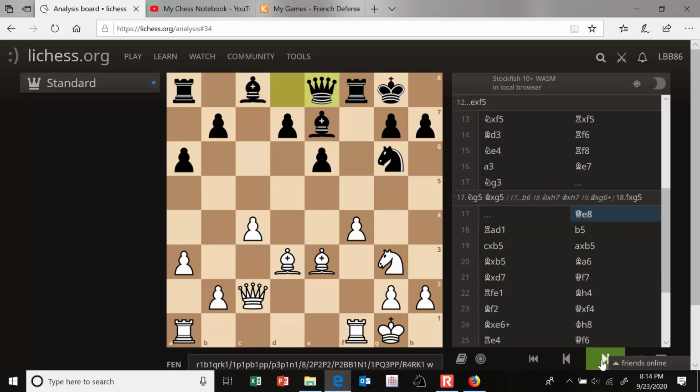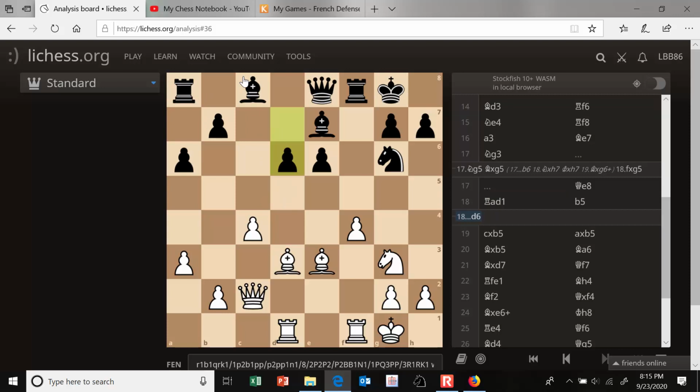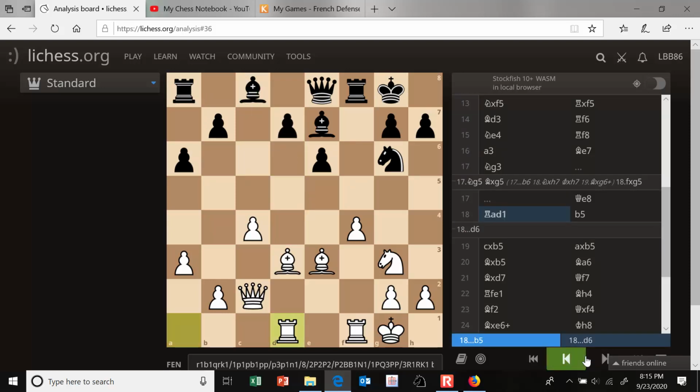And then I got my queen's rook into the game, rook ad1, putting it on a half open file. And now my opponent is very desperate to develop his queen side. He has to get this bishop out and get that rook into play. The engine suggested moving d7 and modestly developing the bishop here, but instead my opponent decided to sack a pawn